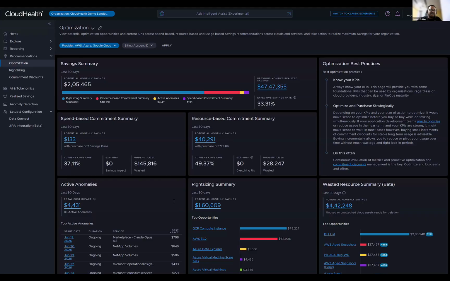But if your current coverage is less, there is a lot of on demand and you have not covered it well, and you have a target of say a specific X percentage, maybe you should look at resource based opportunities, right? And if there is anything which is expiring in the next 6 months or 3 months, maybe you should plan ahead. So this is the view which gives you a cohesive way, not fragmented across clouds and across services. From here, as a practitioner, you can drill down into each of these areas and take a look at the details.